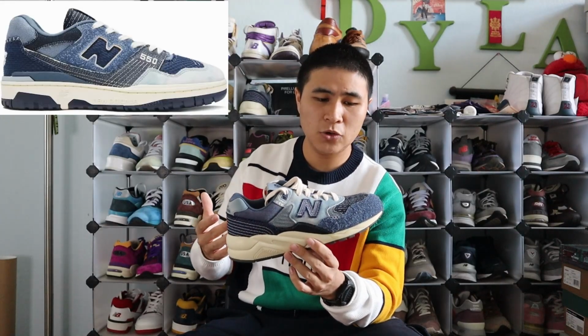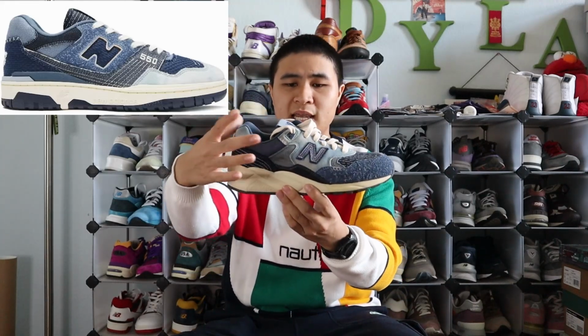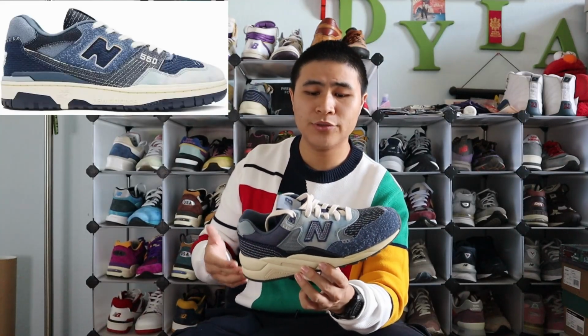The shoe is made out of various materials, like you get denims, you get canvases, you get a variety of hand-stitched accents like at the toe box and in the upper lace eyelets. Got the exposed foam tongue. Textiles are dyed in a variety of blues. It's a very complex shoe. It utilizes special materials. You get small little details around the shoe, and it looks great on both the 580